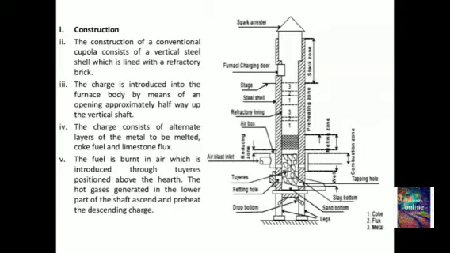Next one is the preheating zone. You are all observing the total zones here, right? From the preheating zone, the heating process starts and heats the metal charge to about 1090 degrees Celsius. So this is the temperature, 1090 degrees Celsius. Earlier I said centigrade by mistake. So in the preheating zone, we are getting a high temperature of 1090 degrees Celsius, right? And next one is the melting zone.